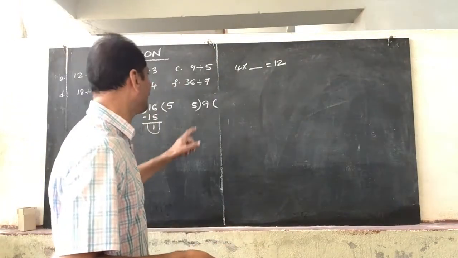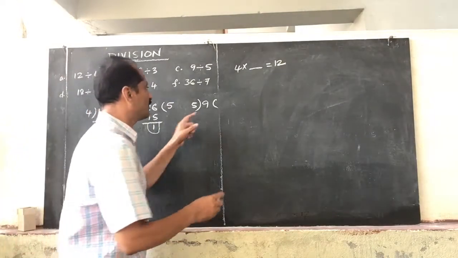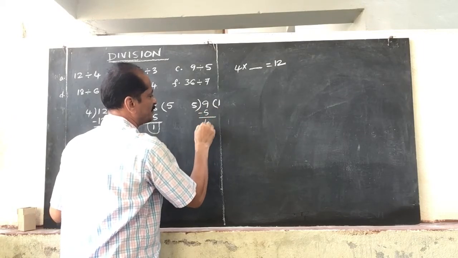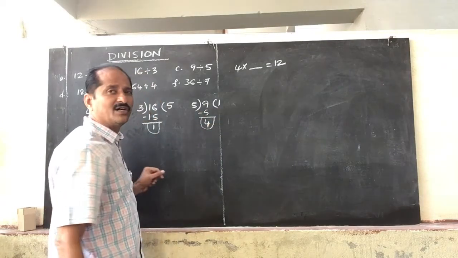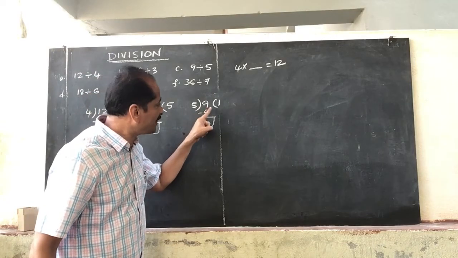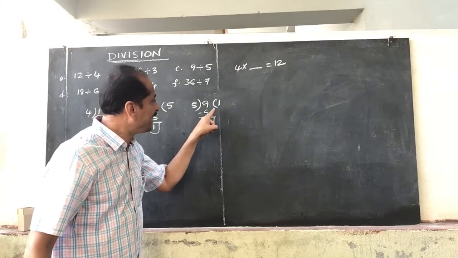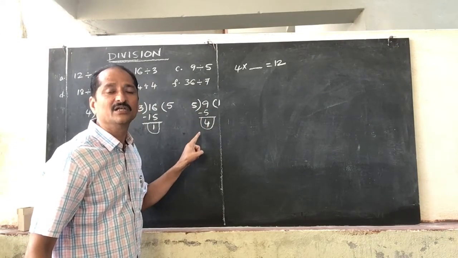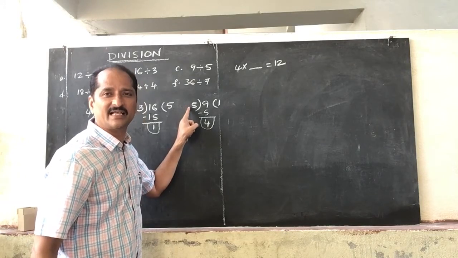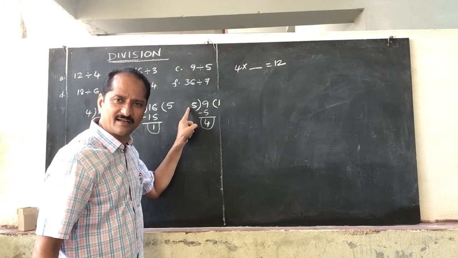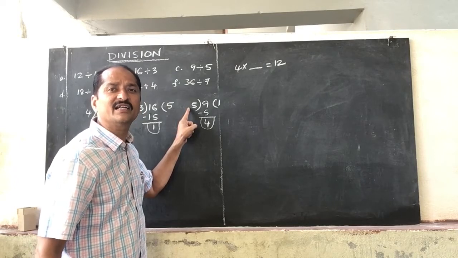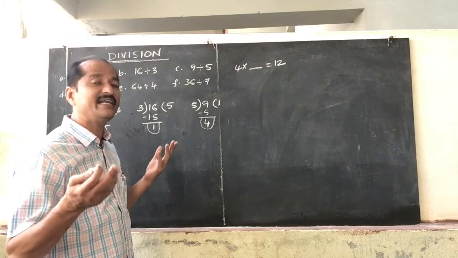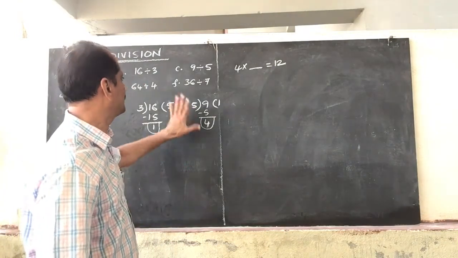Repeated subtraction. So here in 9 divided by 5, 5 1 is 5. Remainder is equal to 9 minus 5 is equal to 4. So this is the remainder. So is 5 a divisor of 9? Is 9 divisible by 5 exactly? No, 9 is not divisible by 5 exactly. So what can you say? 5 is not a divisor of 9. 9 is not divisible by 5. So this is one.